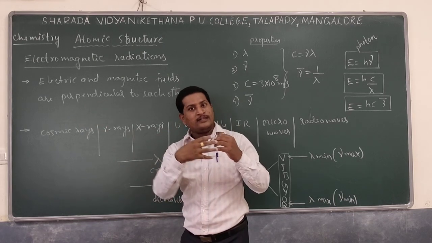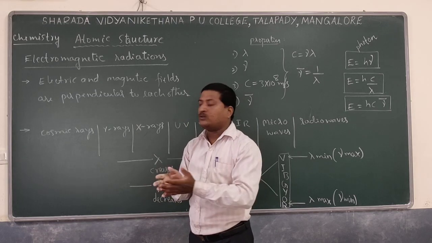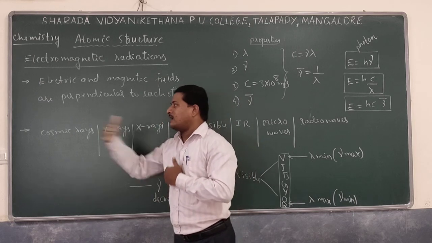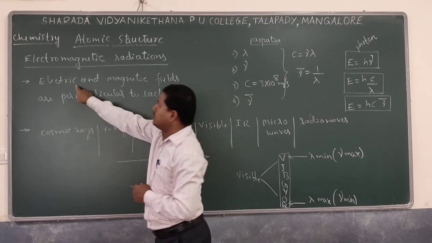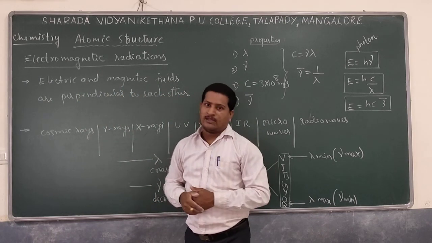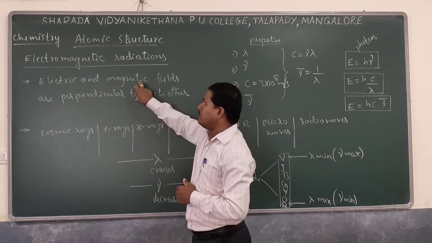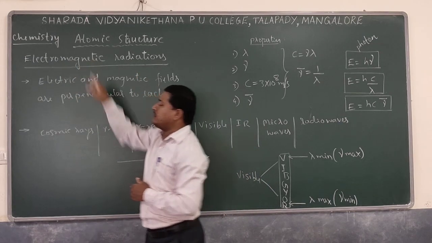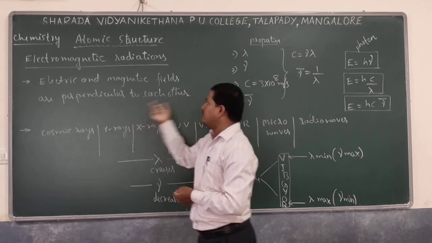They are moving continuously, but this shows two important fields around it. They are electric and magnetic fields. So if that light radiation is traveling, surrounding it two fields are observed. One is the electric field, the other one is the magnetic field, and they are perpendicular to each other. So both electric and magnetic fields are perpendicular to each other. That is an important property of electromagnetic radiation. That is why it is called electromagnetic. It shows both electric and magnetic fields surrounding it, and they are perpendicular to each other.